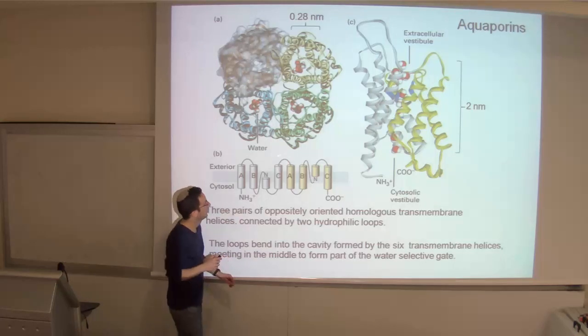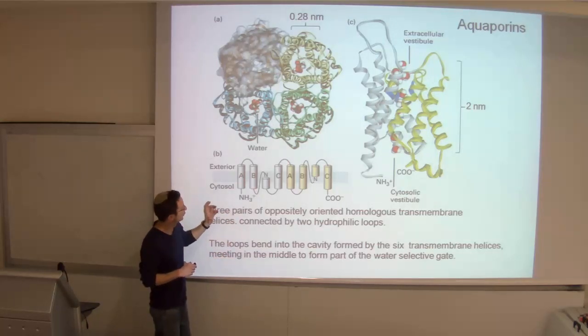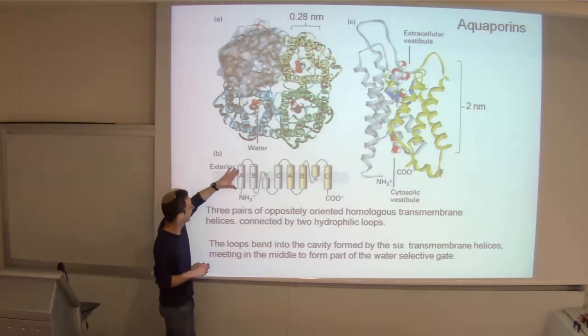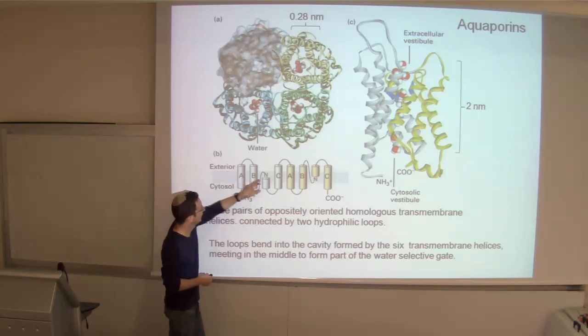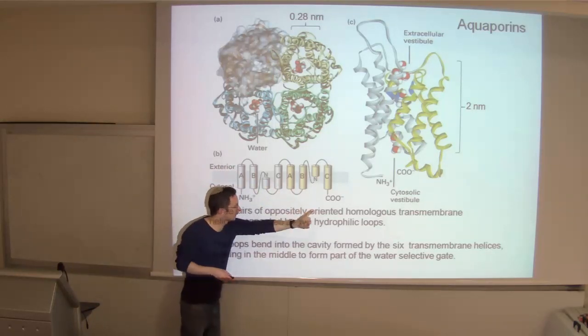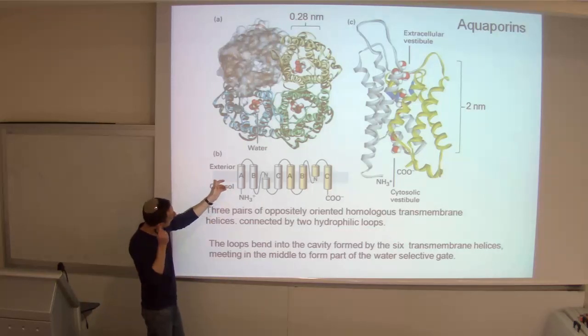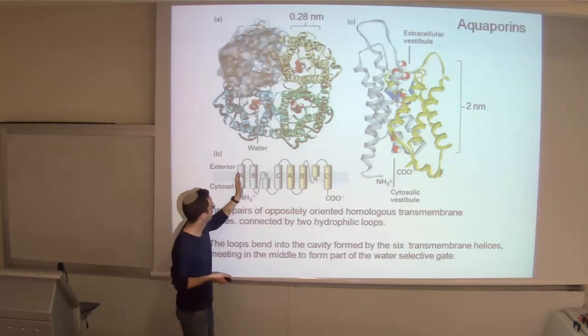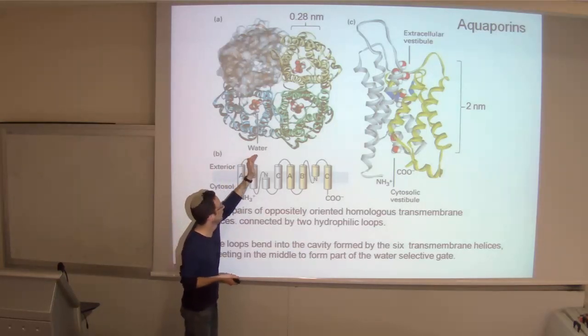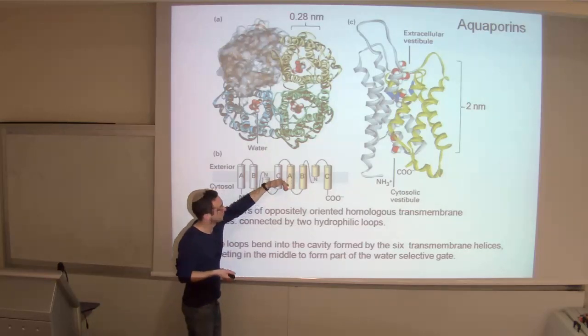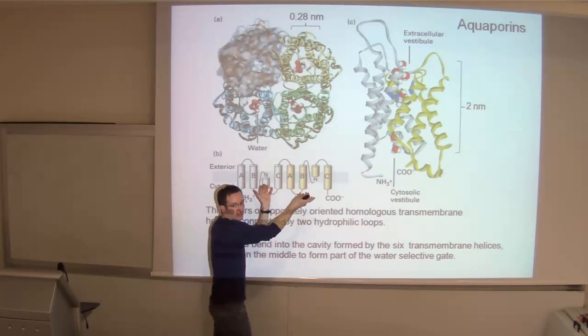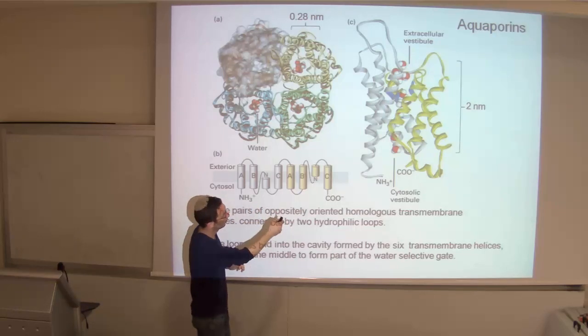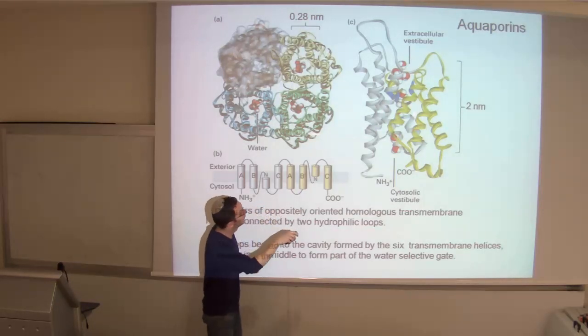In each subunit, you find 3 pairs of homologous alpha helices, A tag, B tag, C tag, in an anti-parallel orientation in relation to one another. So the A goes from here to there, the C to the N terminal, and the A tag goes the other way around. And this structure forms a cylinder, sort of, that forms the channel in each subunit that we